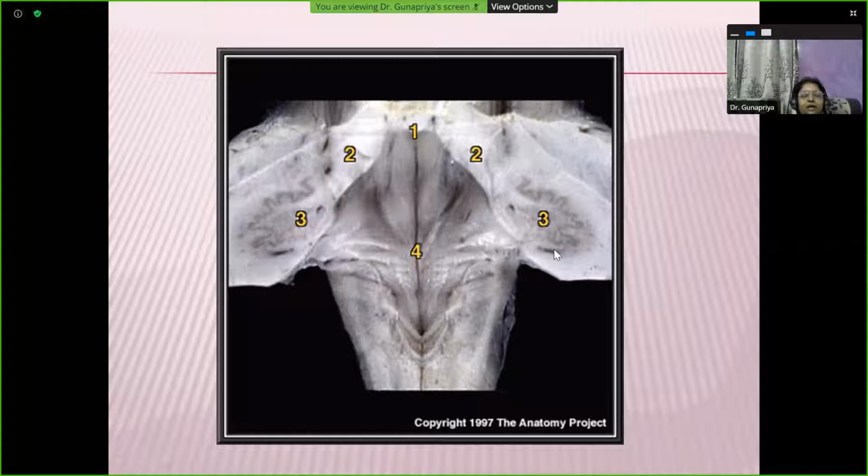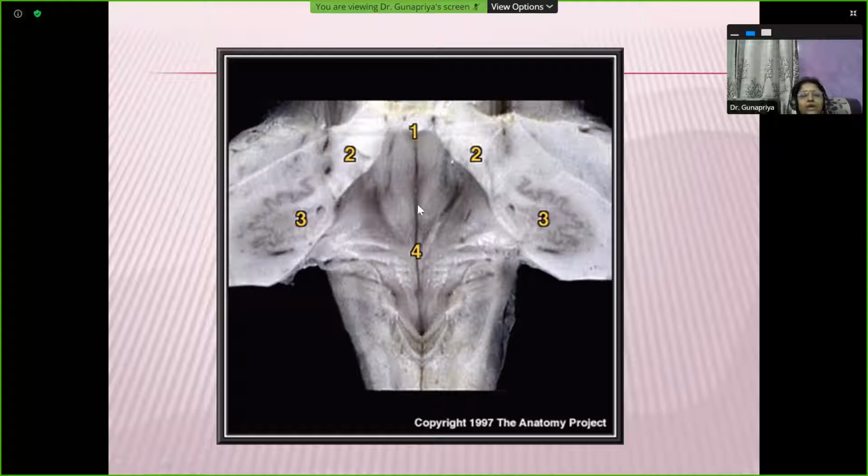Looking at the picture, you can make out, and you can see nicely, the cavity of the fourth ventricle going down and continuing as the central canal of the medulla oblongata. So this is the inferior angle. You can see the opening there. The cavity of the fourth ventricle narrows down to continue further as the central canal of the medulla oblongata. So this is the site where the superior angle is going to continue above with the cerebral aqueduct. This is for the central canal continuation.